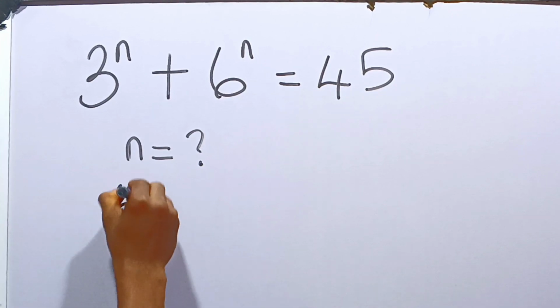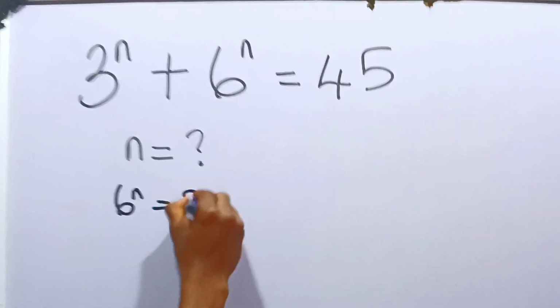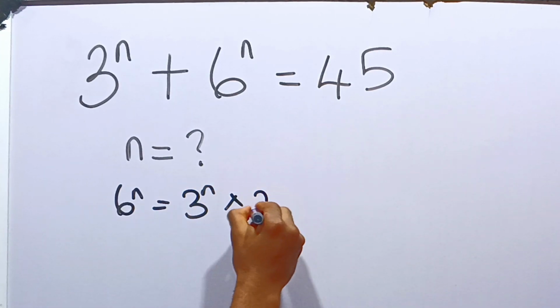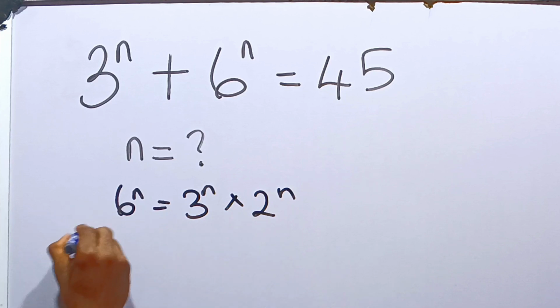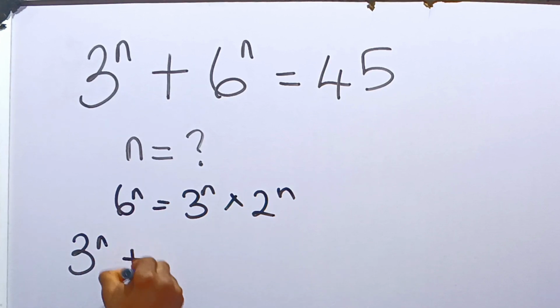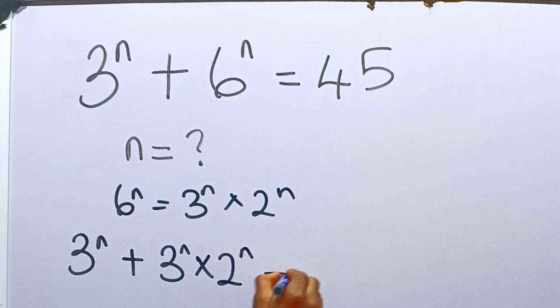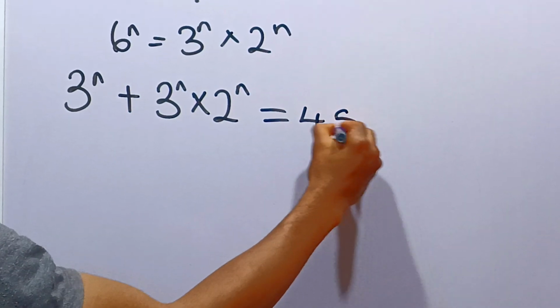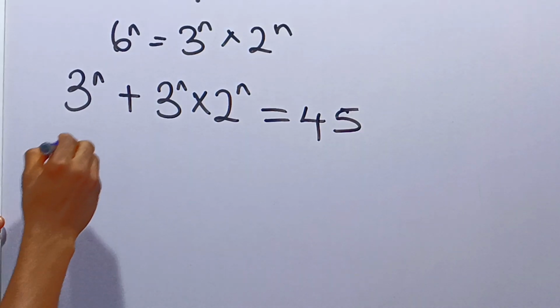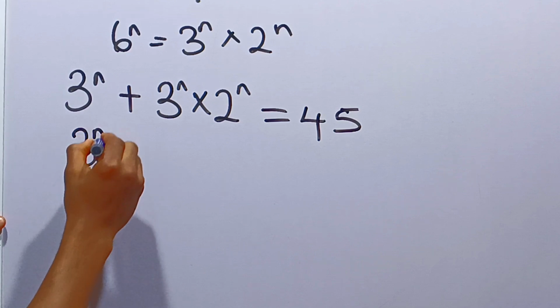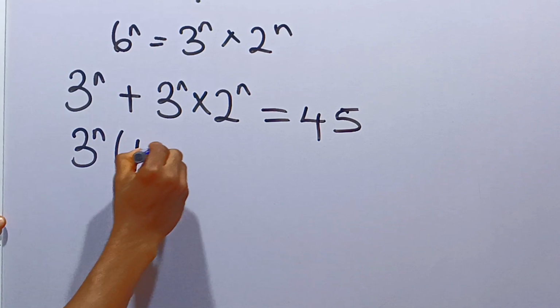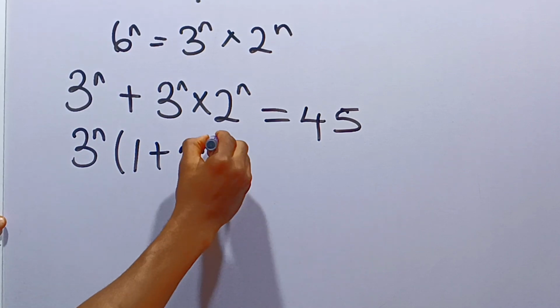n. 6 raised to the power n is equal to 3 raised to the power n multiplied by 2 raised to the power n. So we can have that this is 3 raised to the power n plus 3 raised to the power n times 2 raised to the power n equal to 45. Now we can factor out 3 raised to the power n. We have 3 raised to the power n into 1 plus 2 raised to the power n to be equal